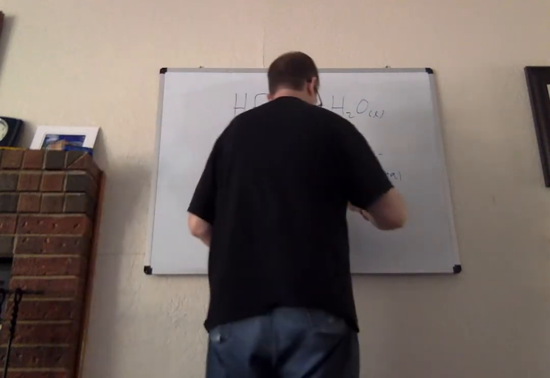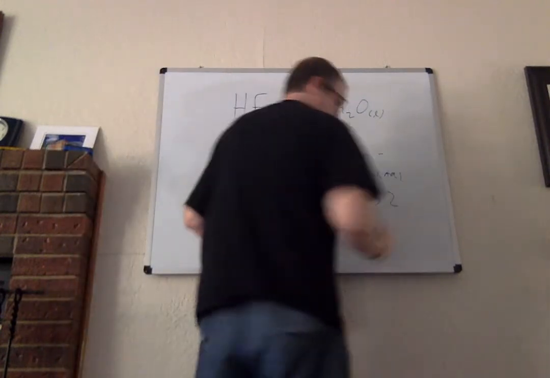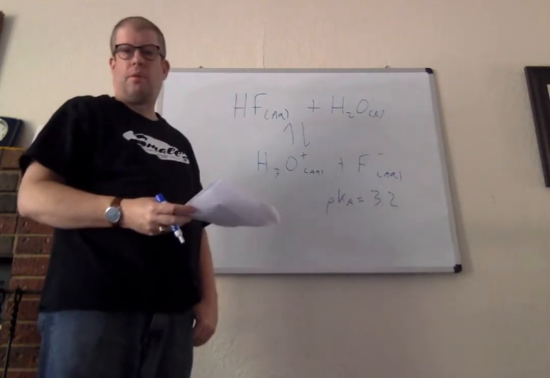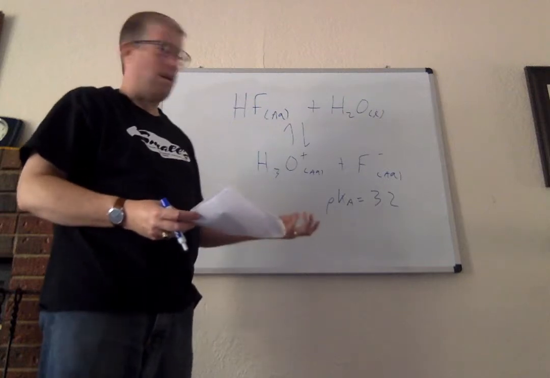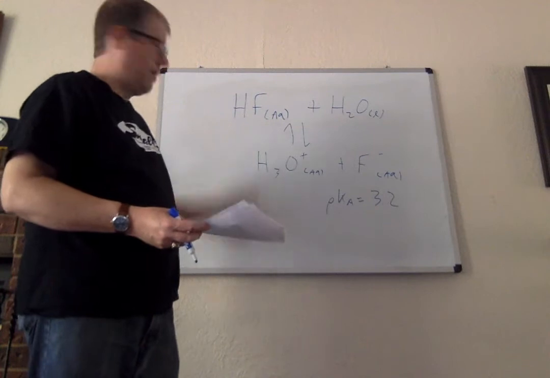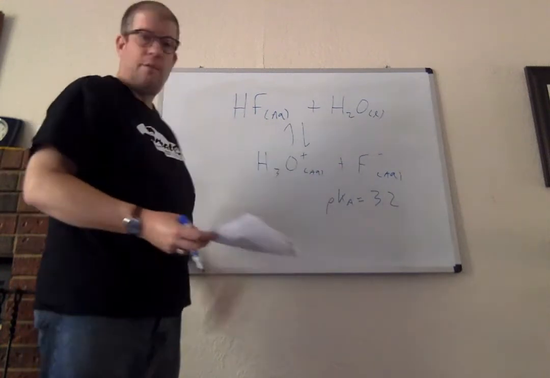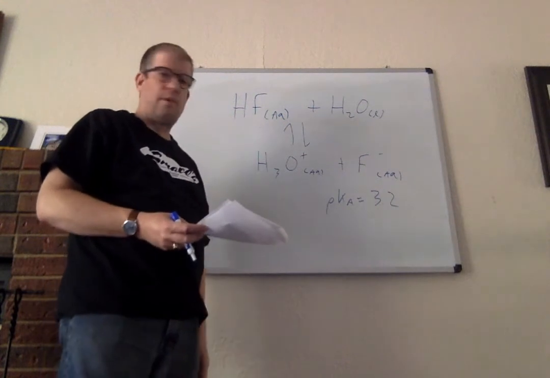Now, how strong or weak is it? It's still relatively strong. Its pKa is 3.2, but the pKa of HCl, for example, actually is a negative number. So what that means is a couple of different things. This is a weak acid. So in a solution of this stuff, you have all three components: undissociated HF, the hydronium cation, and fluoride anion.